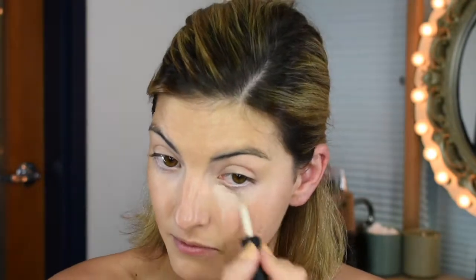Okay, so now I'm moving on to my NARS highlighter. This is technically the NARS concealer, but I use it as an under eye highlighter, and this is the travel size. I don't want to use too much highlighter because obviously I'm doing a daytime look first. So it's really just a little bit more coverage and to brighten up my face. But you don't want that heavy highlight because my foundation isn't heavy, so it kind of needs to match